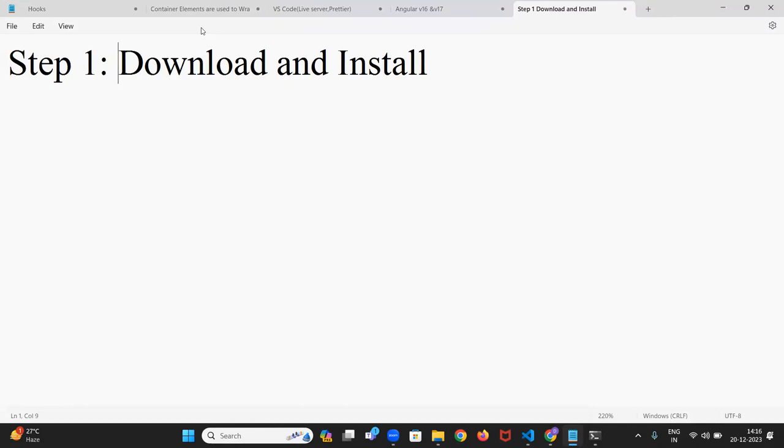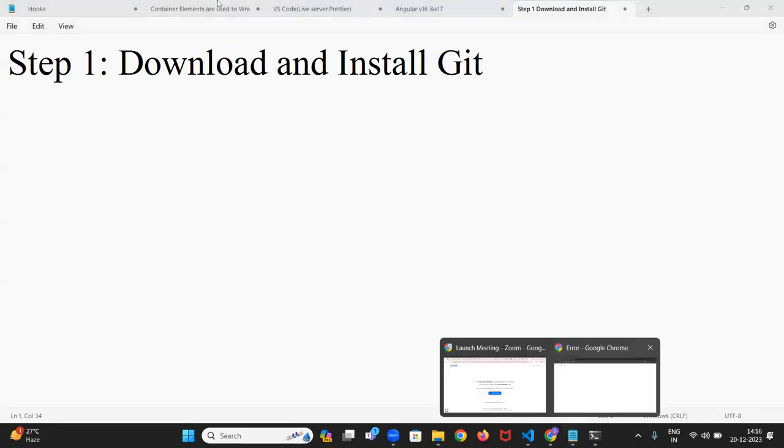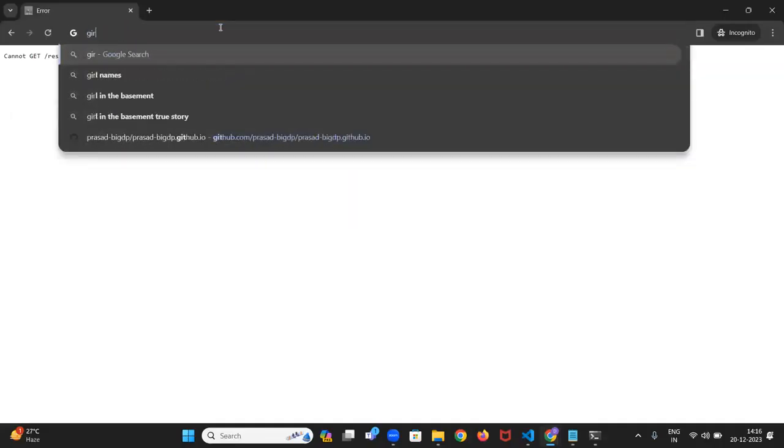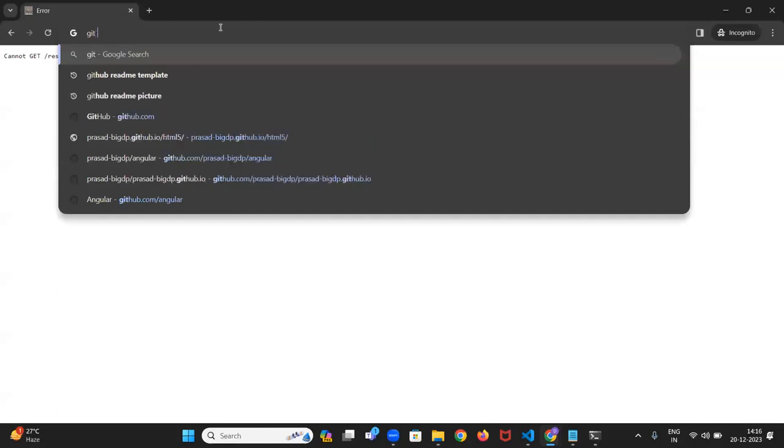Download and install Git. Sir, where will you go to download? You go to Google, type here Git download. Not GitHub, sir. Git will be downloaded. GitHub is just an online platform where you will post your code. Now, Git download. If you write,